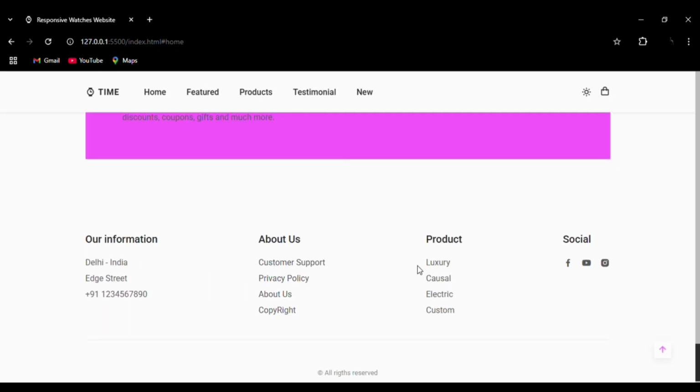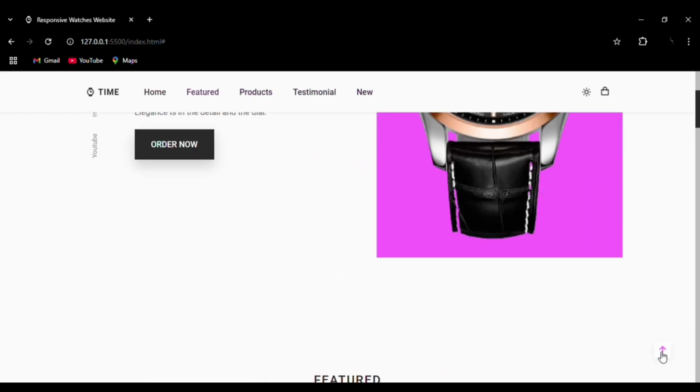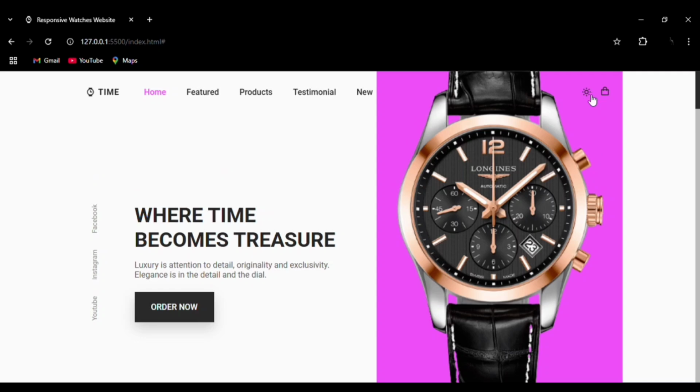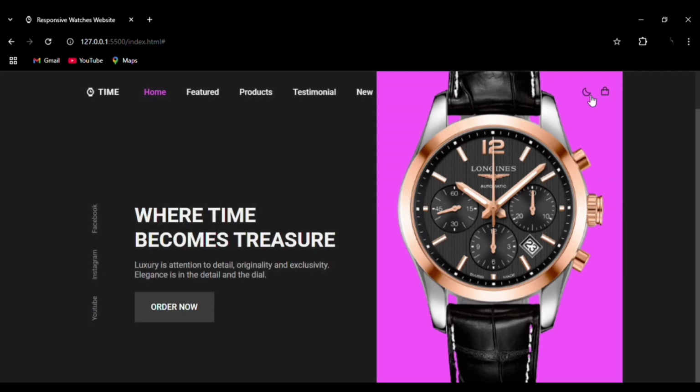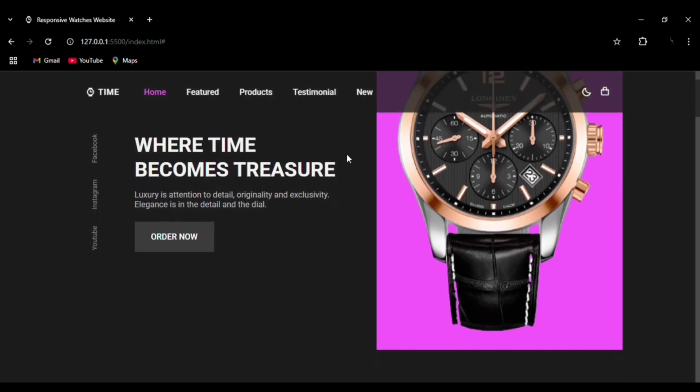Then the social icons that we have added. Then we can go to the top by using this button, and as I told you before, it is also available in a dark mode. You can see this is the dark mode of the website,